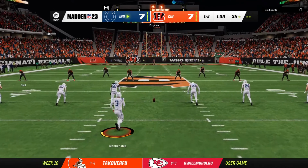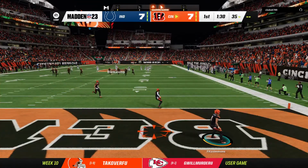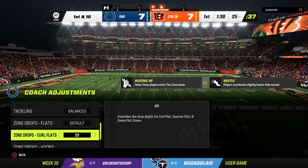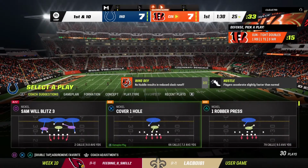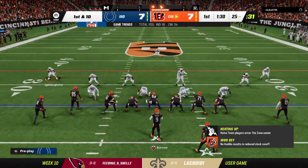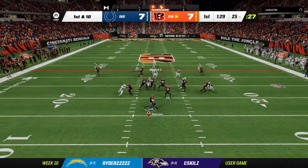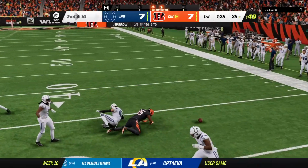So all even at 7 now as they kick it away. And that one will bounce out of the back of the end zone, so we will start here at the 25. The Bengals drive about to get going. And they were winners the last time they took the field, which was 2 weeks ago. They had the open week last week, so this is a squad that should be really refreshed and ready to roll. I would agree, because when you